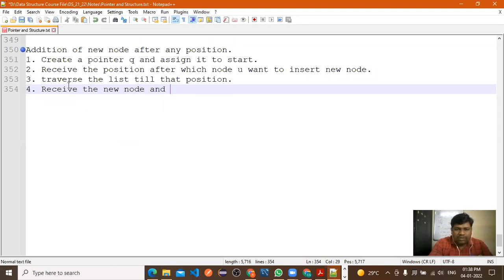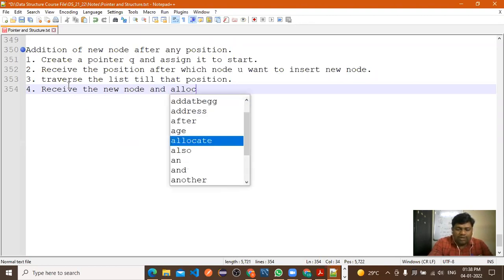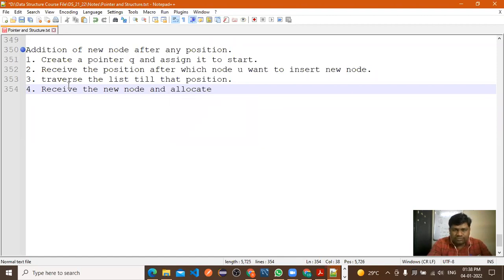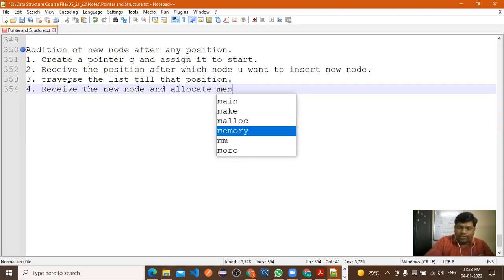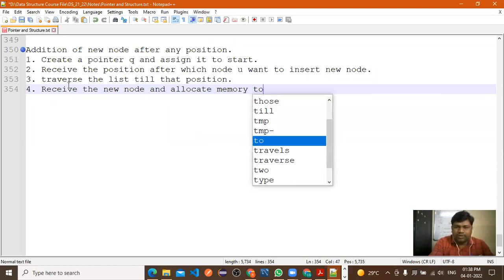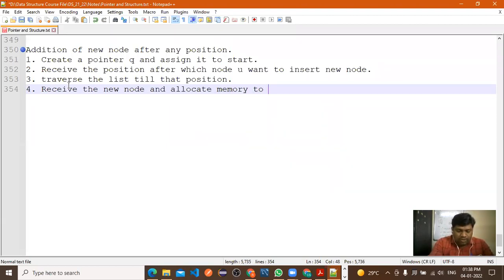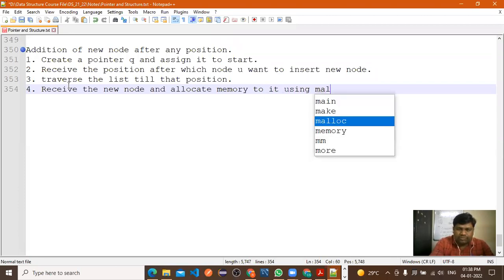and allocate memory to it using what? Using which function?